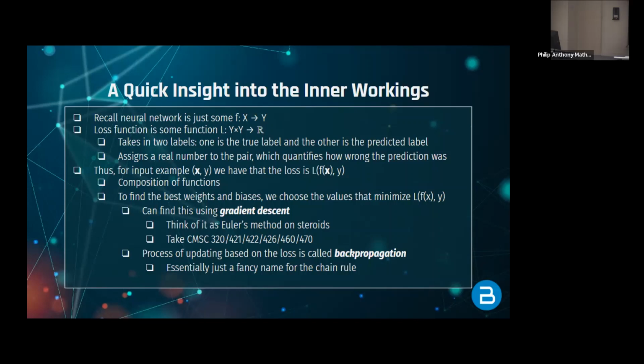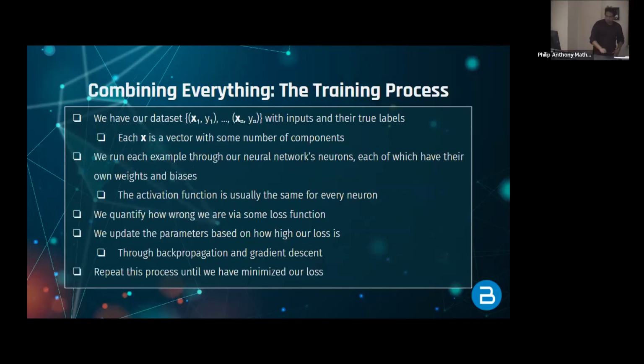So with that, I'm going to go towards the conclusion of this. We've combined everything. You have your data set, which is a bunch of input-output pairs, right? You have your data X, and your labels, which are the Y values. As mentioned, each X could be some vector with some number of components, with different numbers for each point to represent a human or an image or something like that. And again, your Y values are the labels.